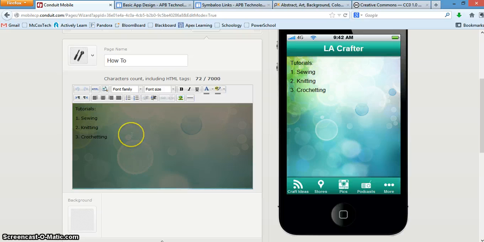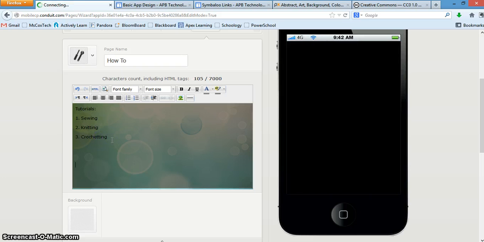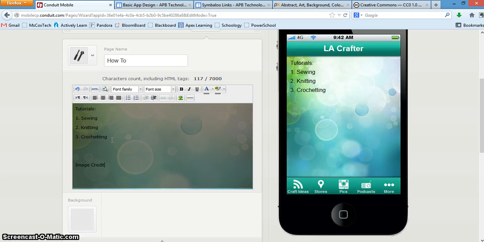write whatever you want. You can add links. You can change the color of text. It's kind of like Microsoft Word or a blog entry that you would have freedom to format as you wish. I'm working on getting some tutorials here, but I also am going to put down image credits. And so at the bottom I could put down background image